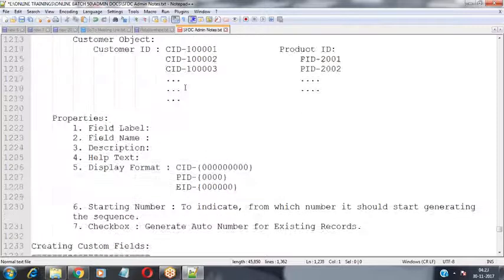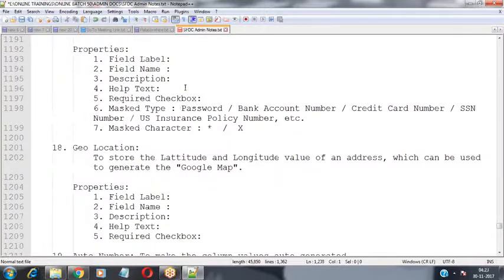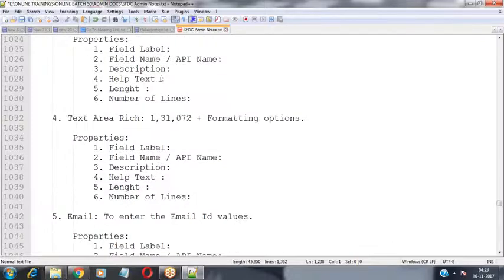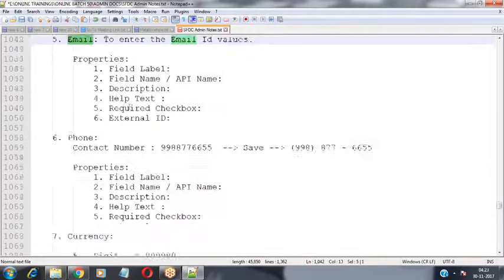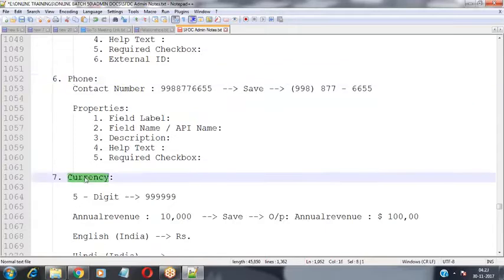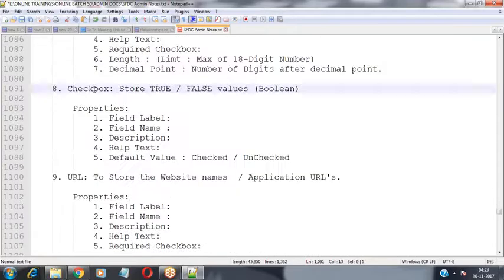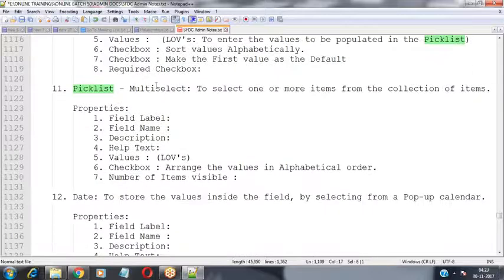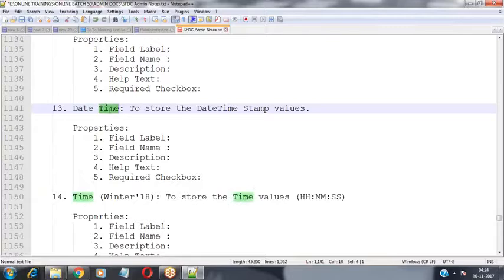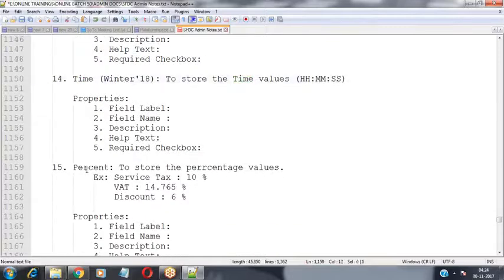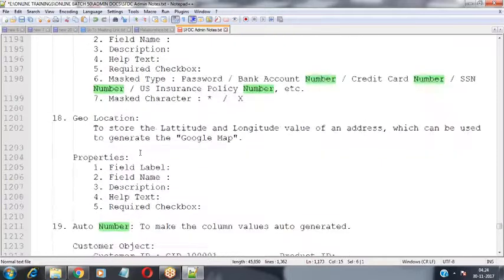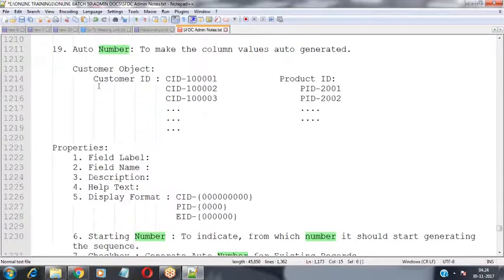Like we have discussed the text type, text area, text area long, text area rich, and the email type, phone type, currency type, checkbox type, URL type, pick list type, pick list multi-select type, date type, date time, time data type, percent, number, text encrypted, geolocation, auto number.